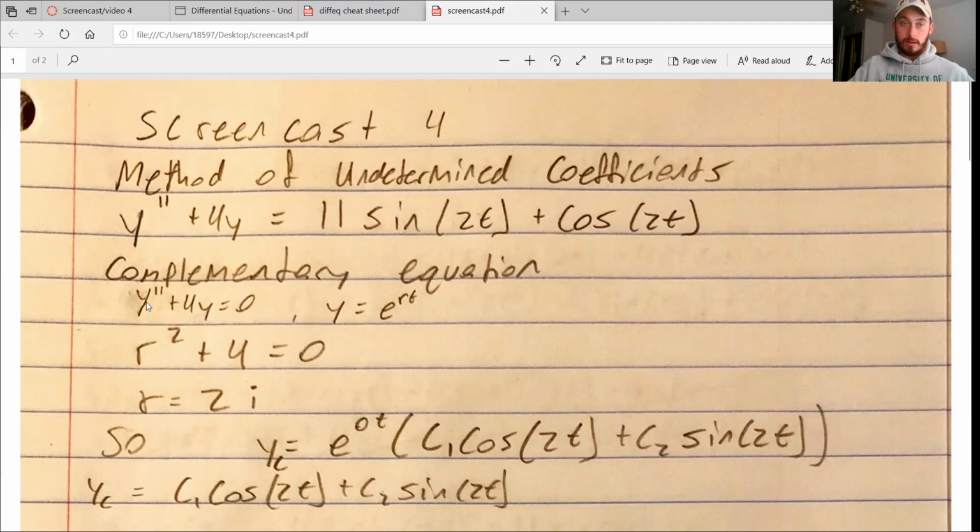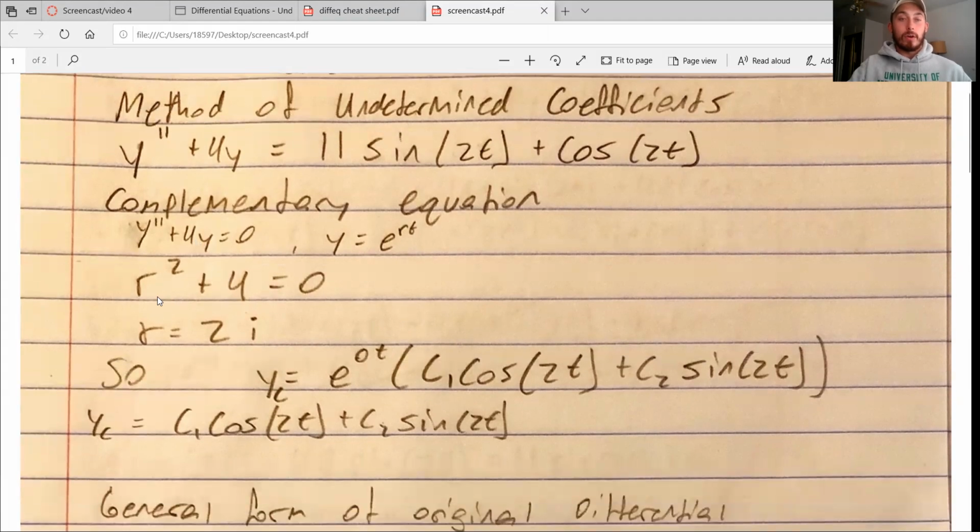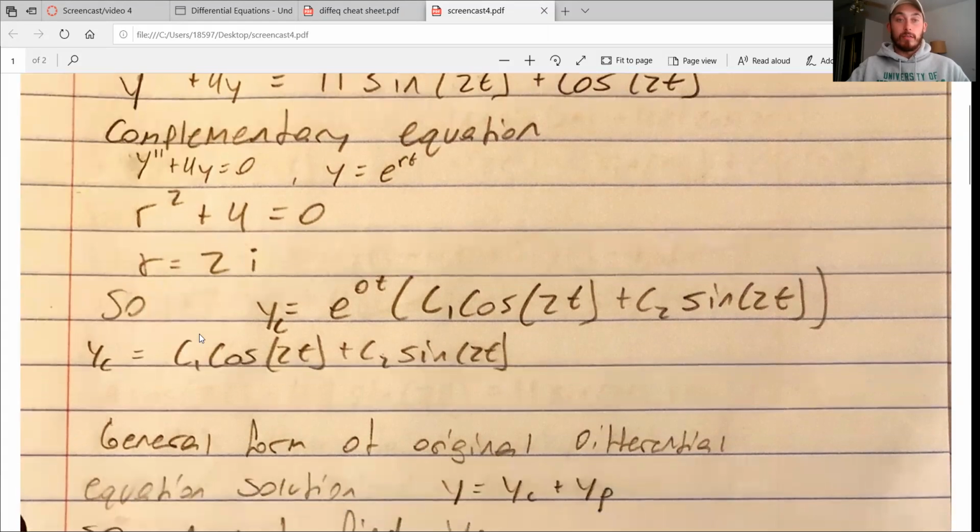And when you plug in, you end up canceling out these e to the rt's, you're left with r squared and simply 4 here next to this linear y, or first order y. So solving r squared plus 4, which is what we end up with, we get r equals 2i, plus or minus 2i. But I just left that out because our